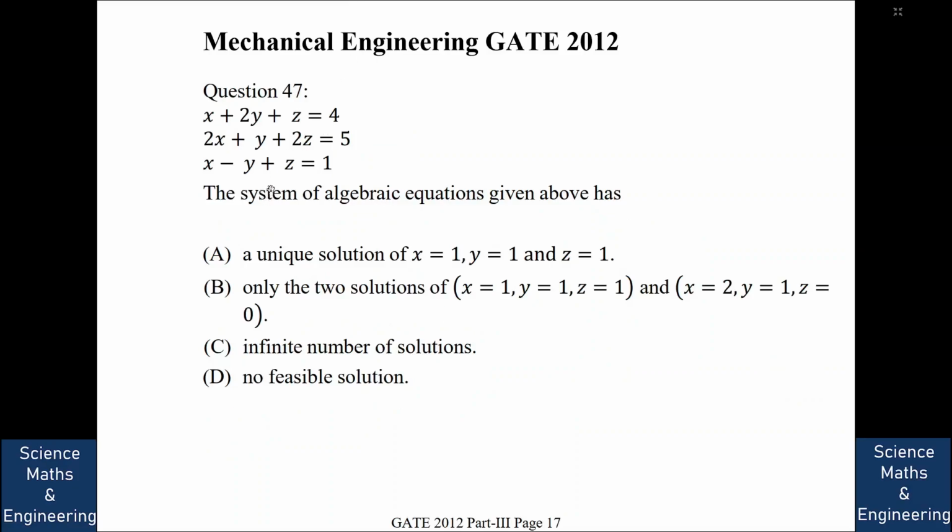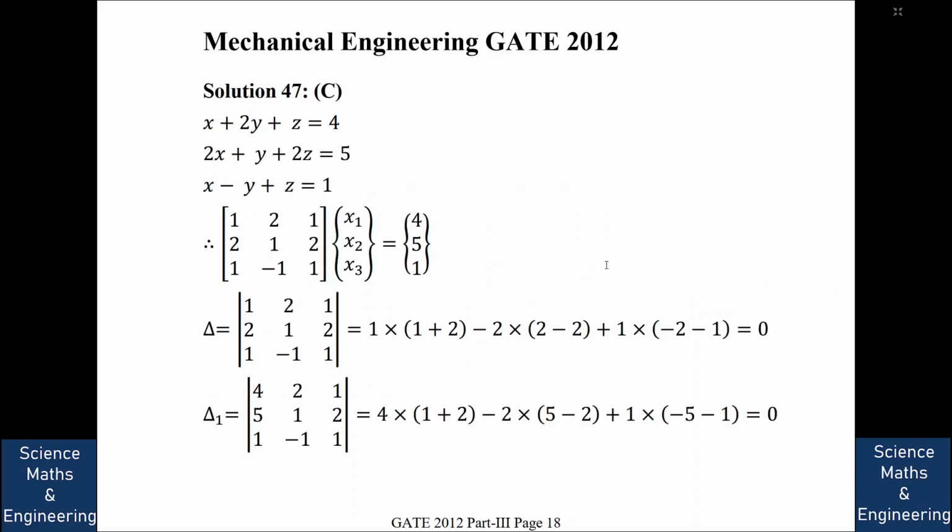We have a set of equations: x plus 2y plus z equal to 5, 2x plus y plus 2z equal to 5, and x minus y plus z equal to 1. We need to determine whether this system of algebraic equations has a unique solution, only two solutions, an infinite number of solutions, or no feasible solution. So the answer is